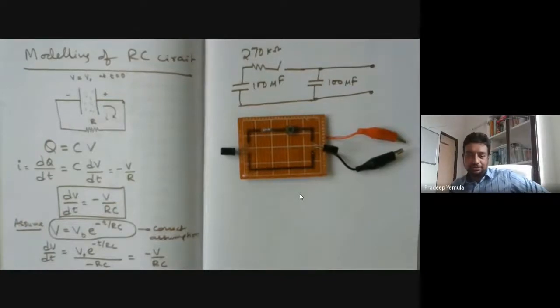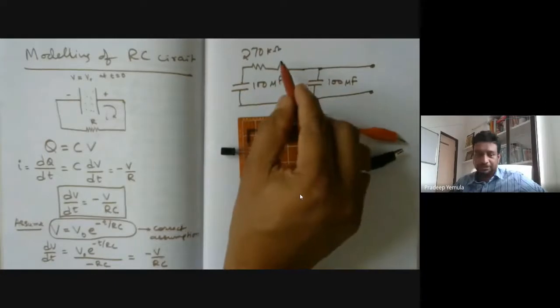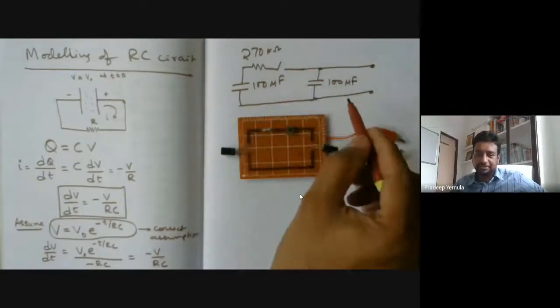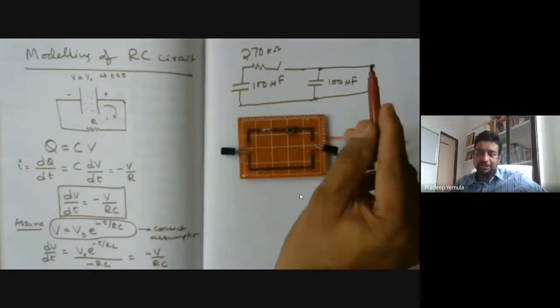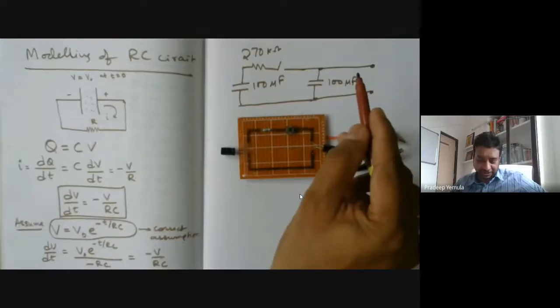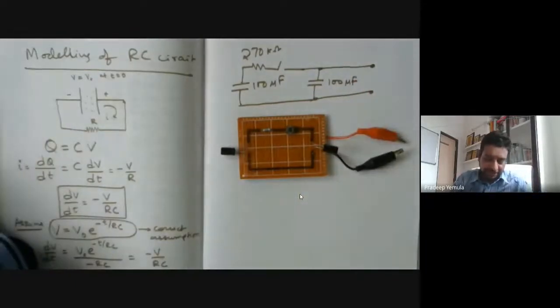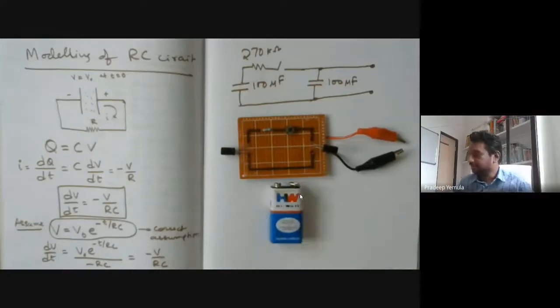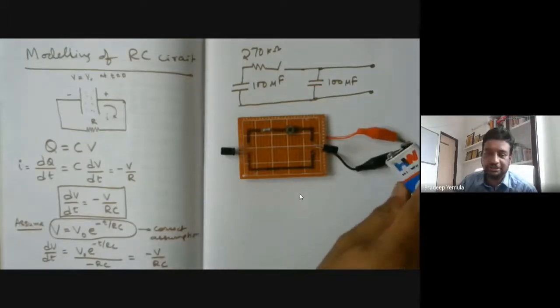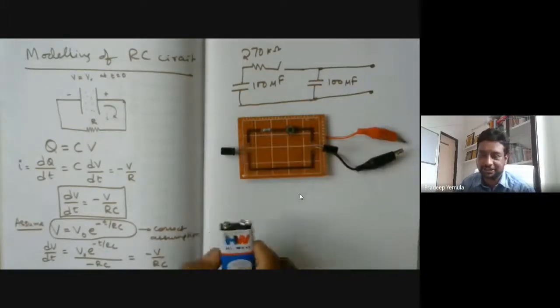Now what I want to do is first keep this switch open all the time. If this switch is open, nothing will come into the picture. Only this capacitor I want to work with. Simply, I will connect a voltage source and short circuit this. So for example, this is the battery. I hope you are able to see the battery. Now using this battery, if I give some charge, then it will charge the capacitor.